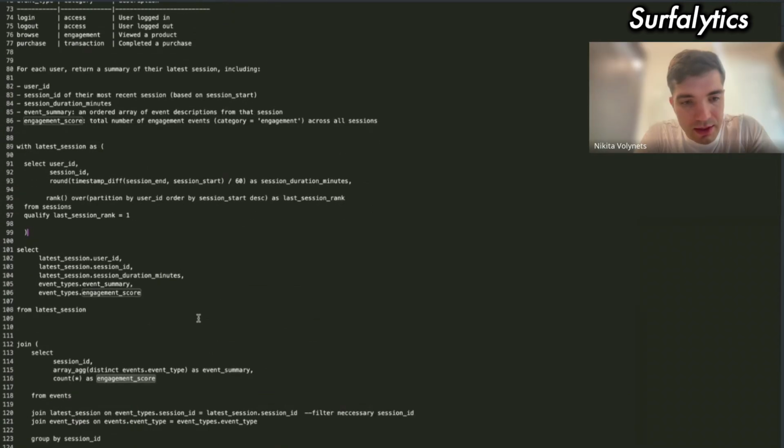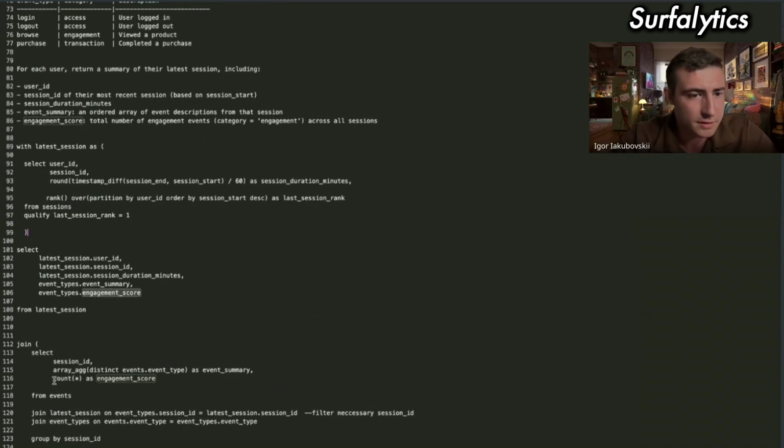Yeah, got it. So you use latest session to filter the data, and then you join event types. And what fields from event types table do you use? Engagement score.